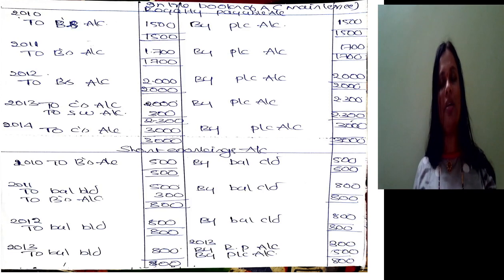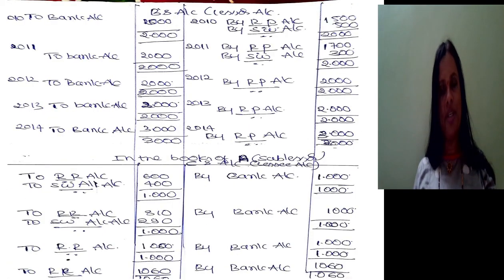If you look at the table, it is very clear that 500 is non-recoupable. That should be transferred to the profit and loss account. By profit and loss account 500, so that the short working account gets closed. In B's account, that is in the lessor account, by royalty payable 2000. So the amount will be paid to the lessor; the journal entry is B's account debit to bank account 2000. So the account gets closed.